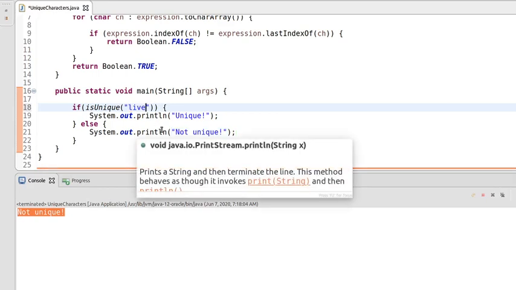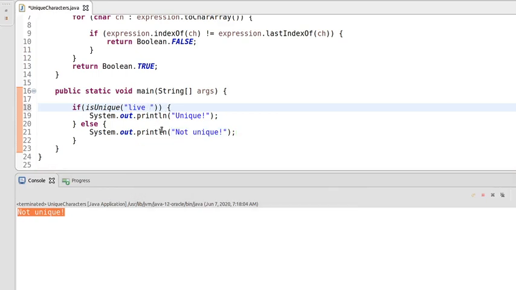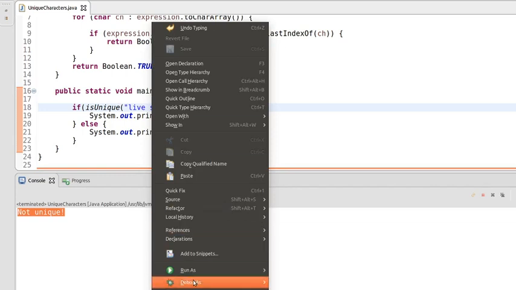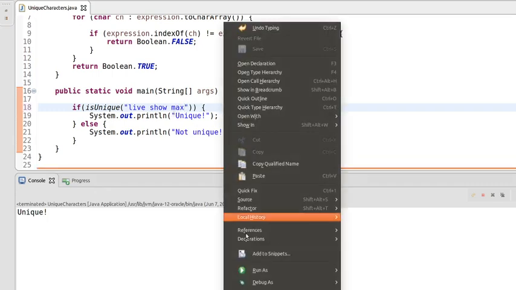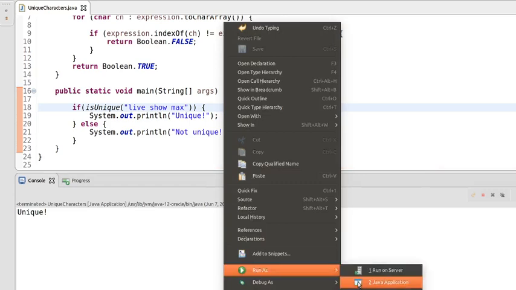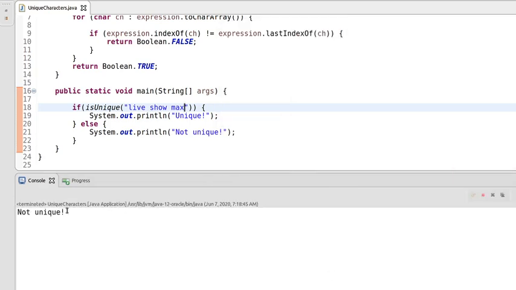So what if we pass a space and then say live show. Again, this is a unique string, unique, yes. But if we give another word, live show max, this is also unique, but it's saying not unique.